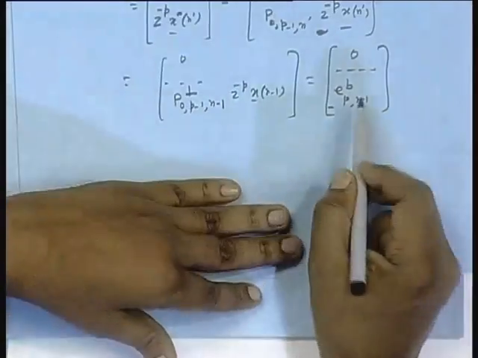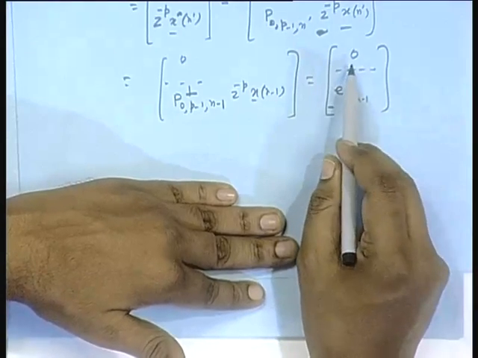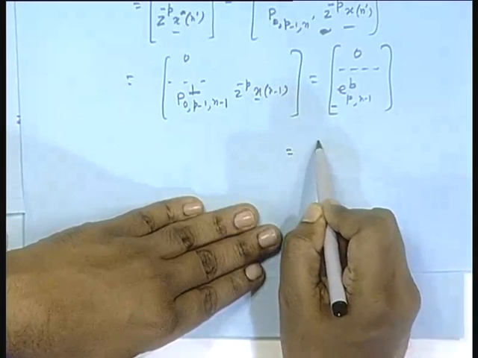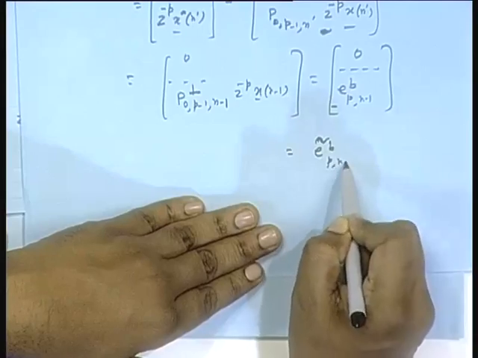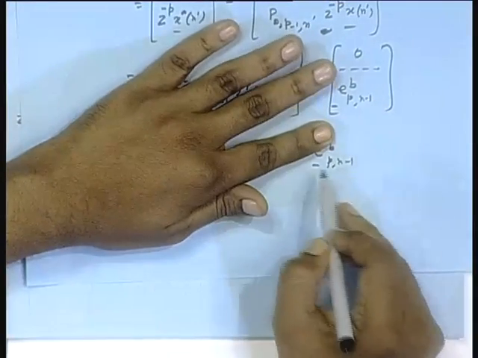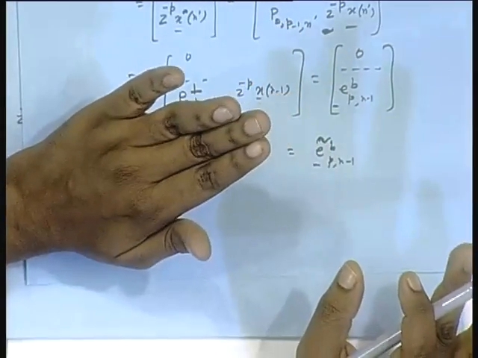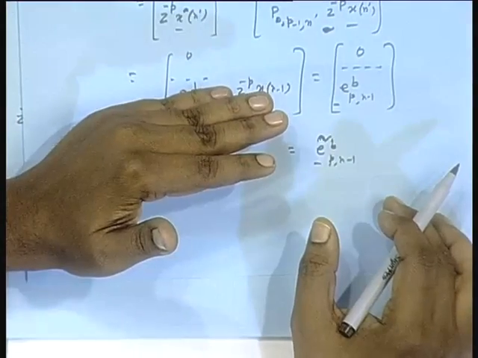So, that means simply take the pth order backward projection error at index n minus 1, append a 0 on top. This kind of vector I denote this way: E tilde b p n minus 1. This means first you remove the tilde, take the vector and then add one 0 on top. Otherwise, every time I have to draw a vector like this. Just to get rid of that hassle, I am just giving it a name.